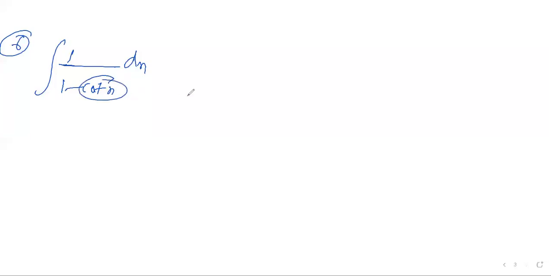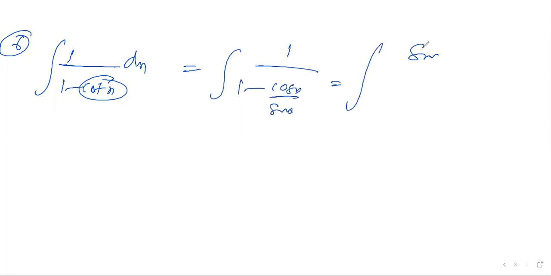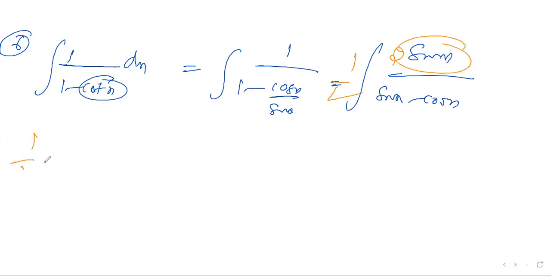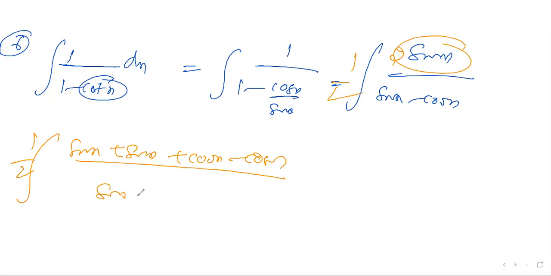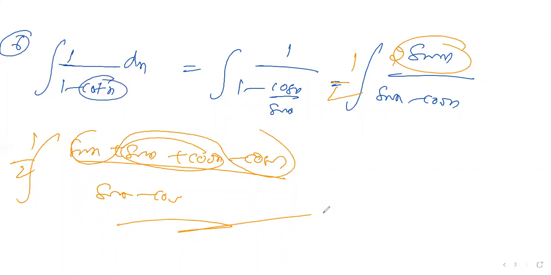Same thing. Cot x you open. Then cot x, what can you write now? Cos x by sin x, right? If you rewrite the question, sin x by sin x minus cos x. Now the same process, multiply and divide by 2. 2 sin x is already available. So 1 by 2 integration, 2 sin x means sin x plus sin x. Cos x is not available, so cos x minus cos x you add. According to sin x minus cos x, this is first, then this is second. You continue, you'll get an answer.